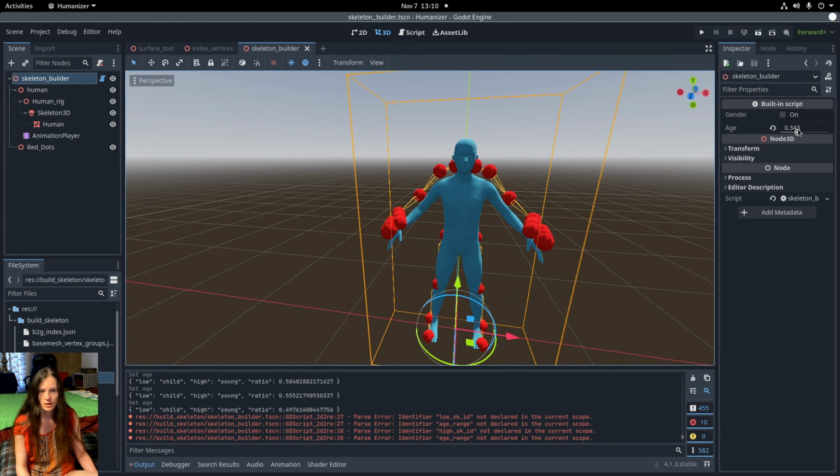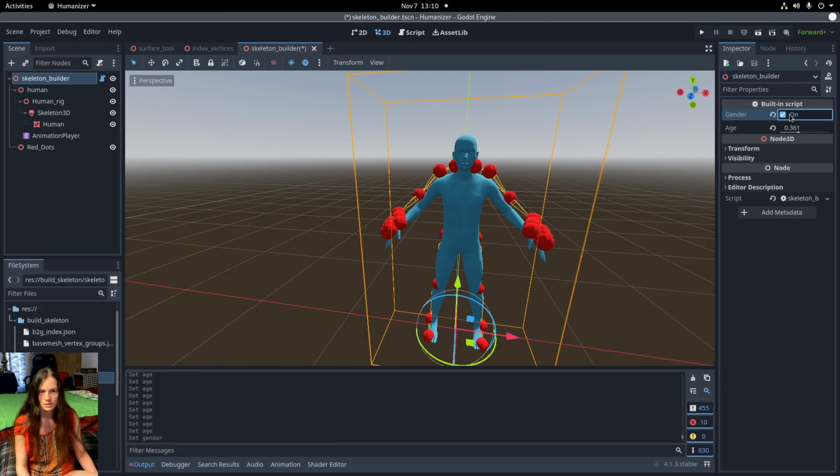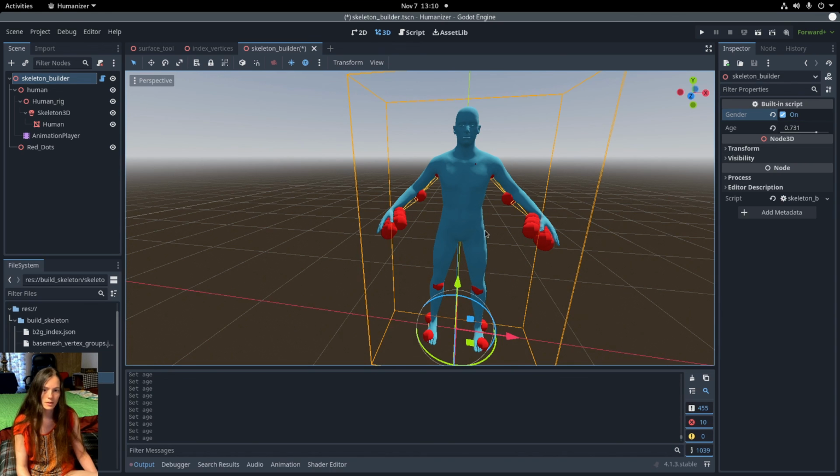So now if I toggle the gender, you can see it changes from male to female, and it keeps the age. So next I need to calculate the bone positions from the shape keys. Now that I have a working character creator,